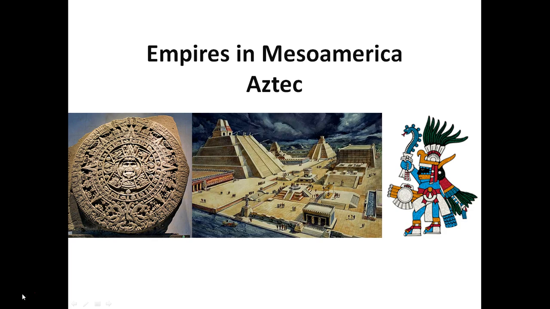The Aztec emerged in the Valley of Mexico. Their capital, Tenochtitlan, was where modern-day Mexico City stands, and they expanded from the Valley of Mexico to control territory that reached from the Gulf of Mexico on the east to the Pacific Ocean on the west, integrating many different ethnic groups and also many different environments with different productive capacities.